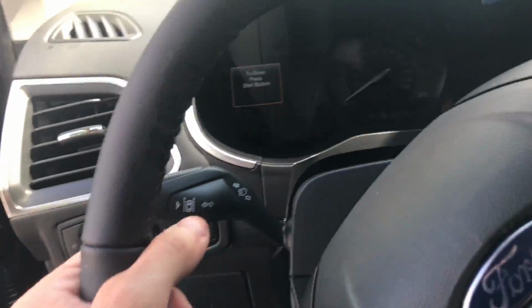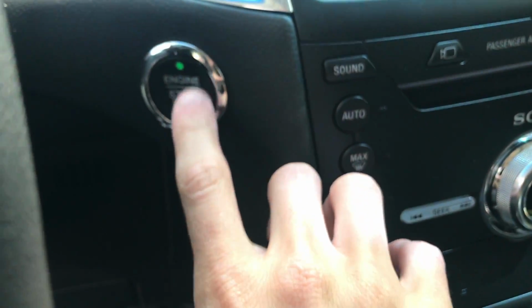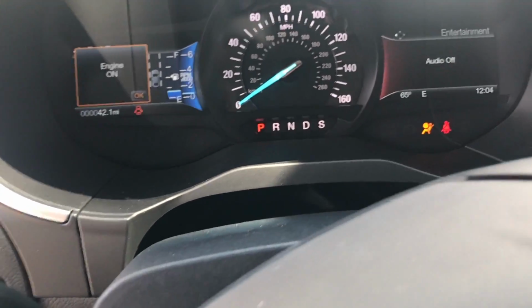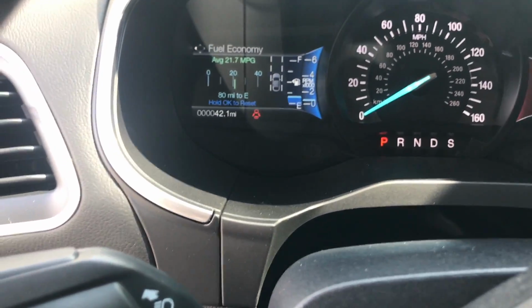So now let's step inside and actually start it. You can hear the defrost vent is on, as well as all the other vents, really. So all you gotta do is put your foot on the brake and press your engine start button to start it. So coming to the gauge cluster here, you do have all your driver car information on this side and